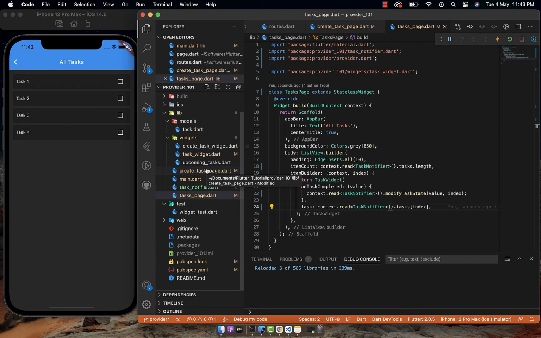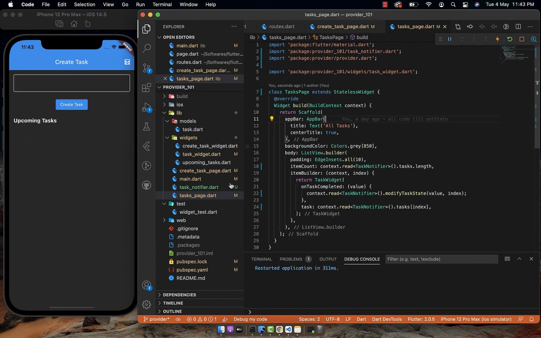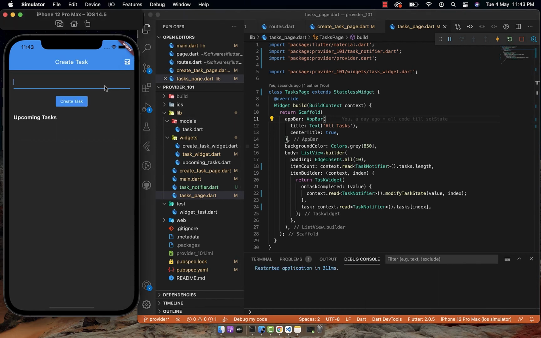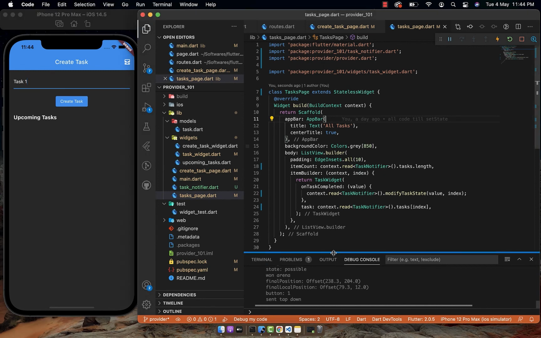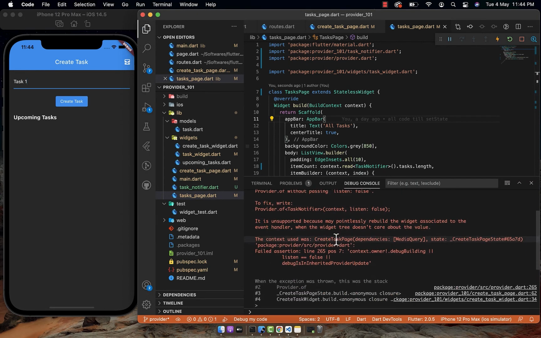Now our app is error-free. Let's try to restart everything and we will test from the scratch. Let's add some tasks now. It throws an error.